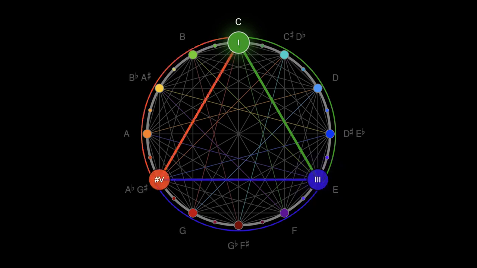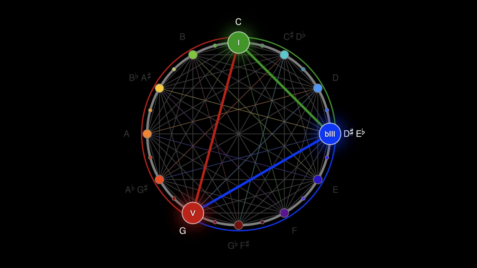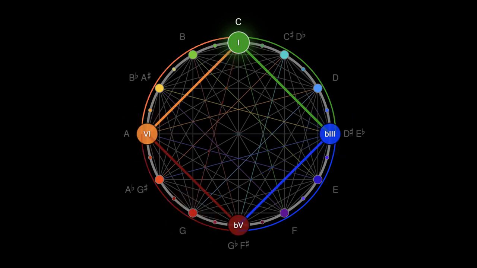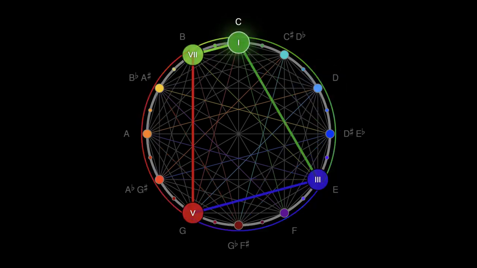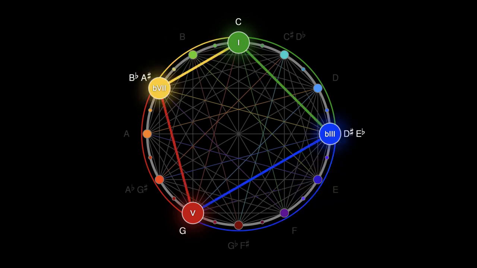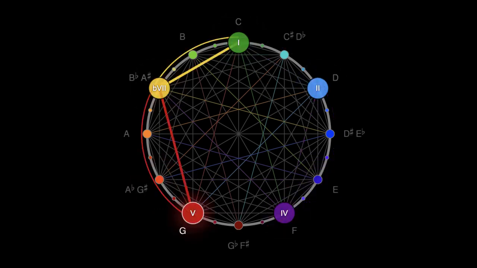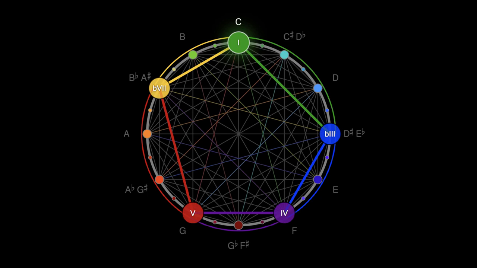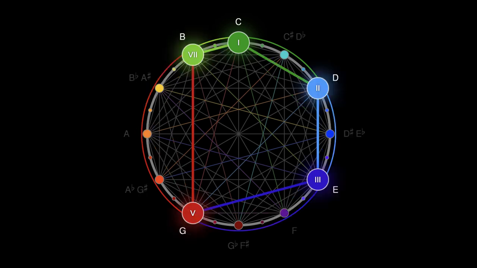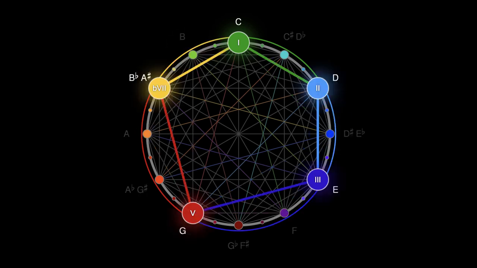Triangles represent triads: augmented, major, minor, and diminished. Tetragons, or quadrilaterals like squares, diamonds, rectangles, kites, and various trapezoids, represent tetrachords: major seventh, minor seventh, dominant seventh, minor seventh flat 5, dominant seventh flat 5, diminished seventh, and augmented seventh, some of the most commonly used chords in music. Pentagons represent pentatonic scales, major, minor, modal, and others, and pentachords, with the major, minor, and dominant ninth being